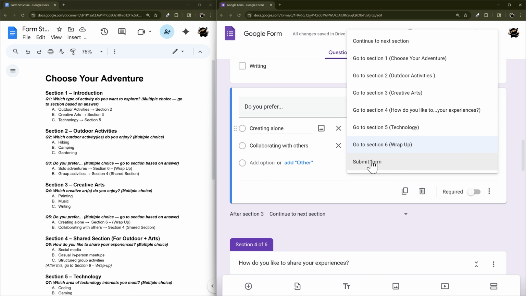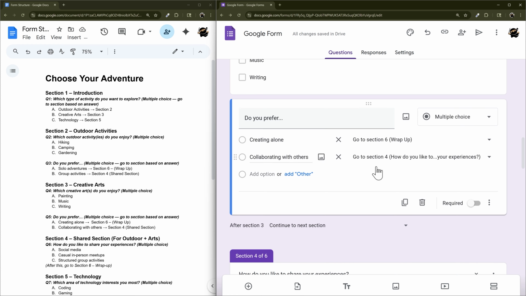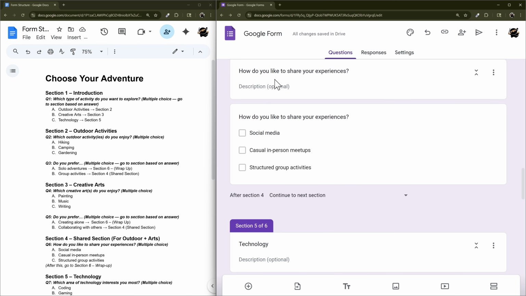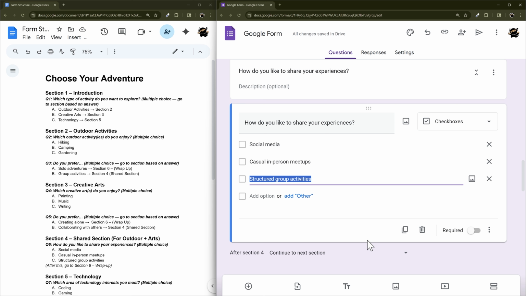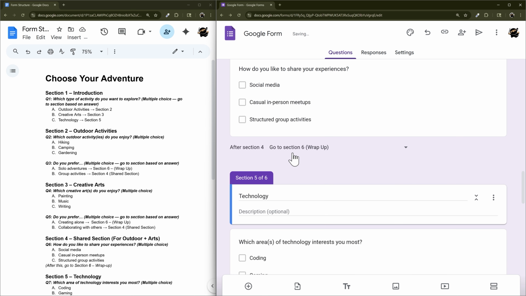So you could literally put that submit form right here in that question. And so as soon as they select that, the prompt they're going to get is to submit the form. So just keep that in mind too. You don't need a final section. You might be collecting that up front. So how do you like to share? And so this is an option where instead of routing, we're going to go to wrap up and skip this